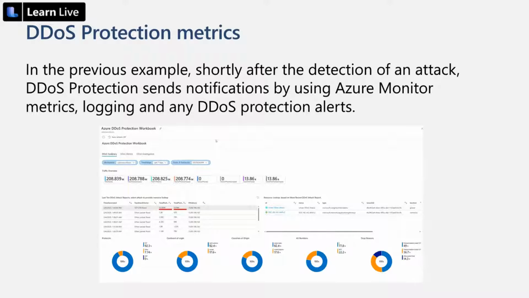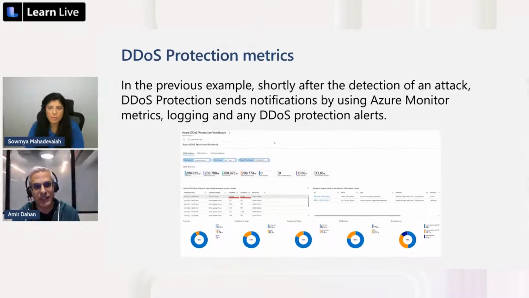Our monitoring capabilities are part of Azure Monitor. We provide telemetry and metrics. Those metrics are capable of showing the DDoS protection policy that we apply, and what the detection triggers are. They can also show you what traffic we are dropping and what traffic we are forwarding to the service. On top of that, we provide a rich level of logging information that customers can